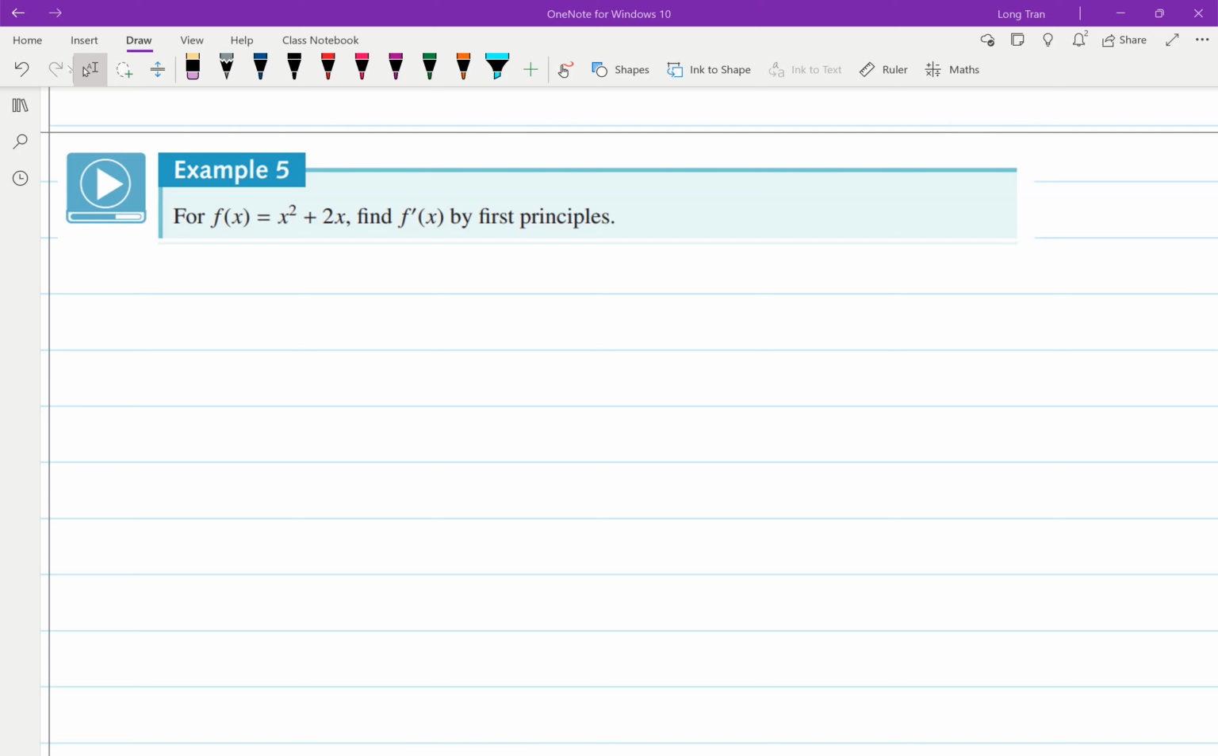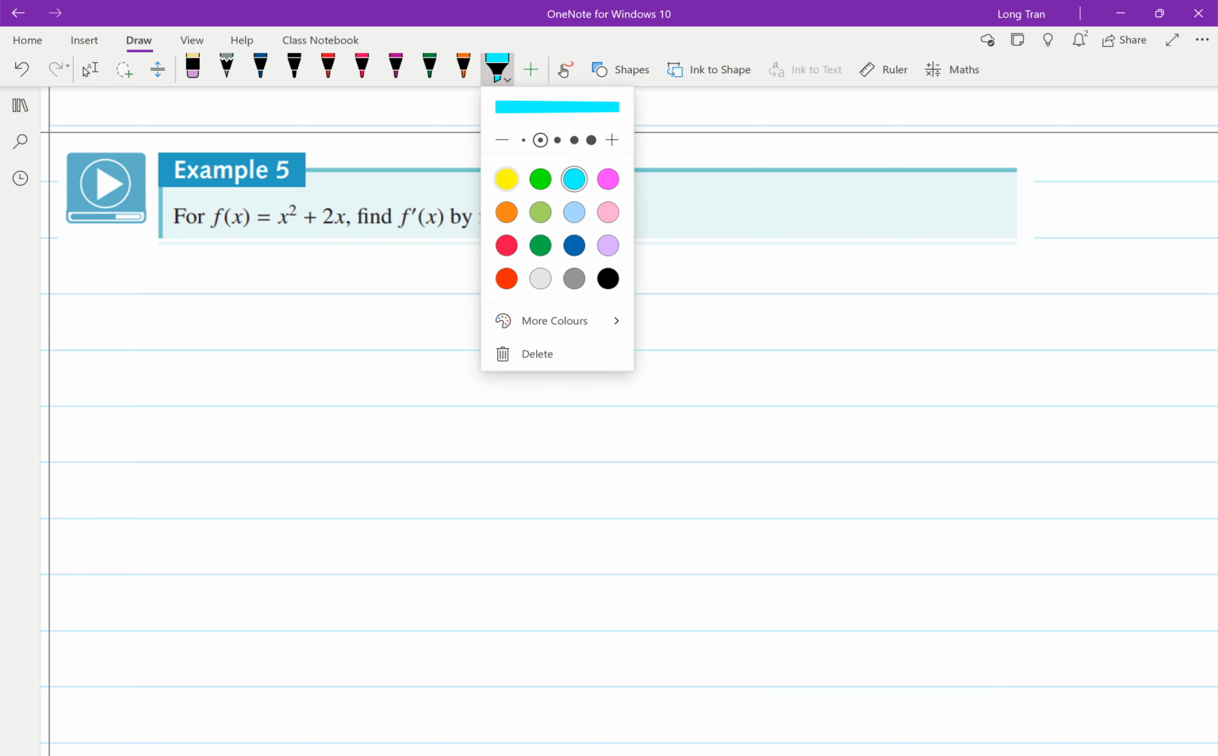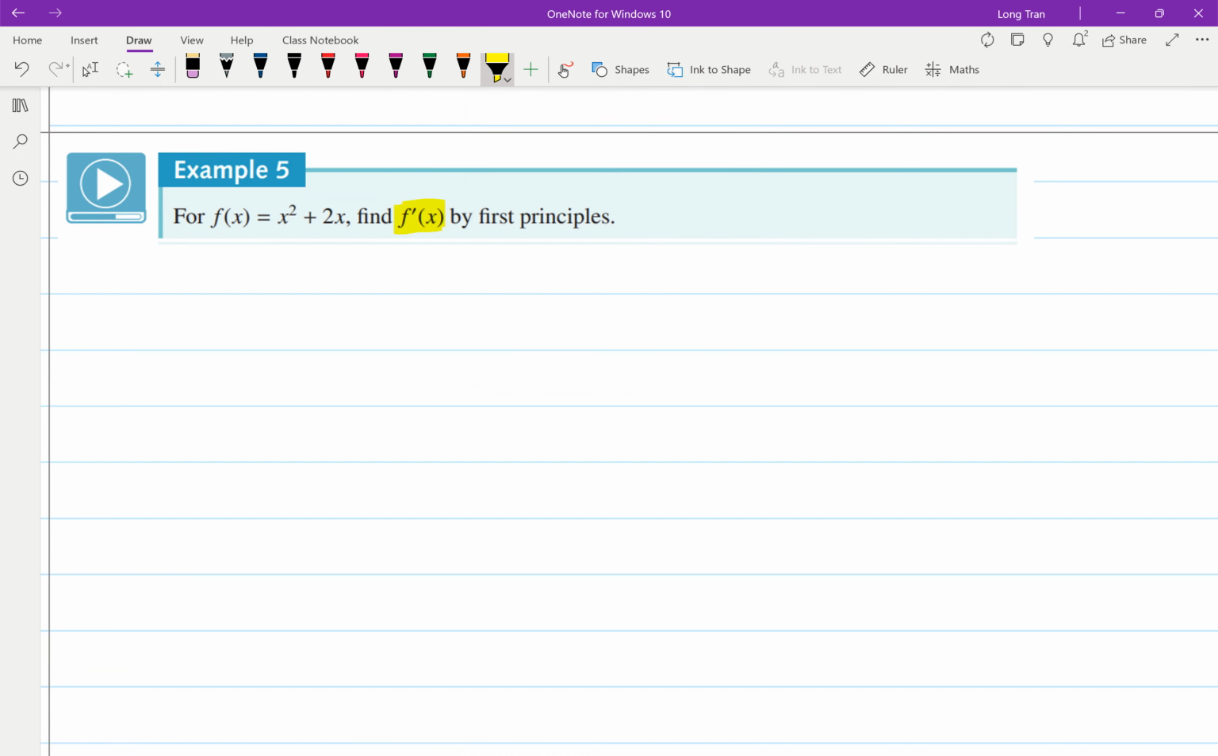Here we go. Example 5. This is exercise 17A. You are now finding the derivative for the first time. The derivative. So I'm going to write here just to remind you, this is the derivative. To find the derivative, now the rule that I gave you, first principles, f dash of x is equal to